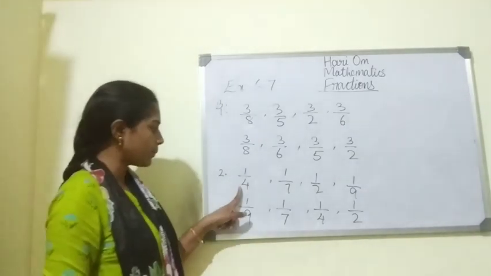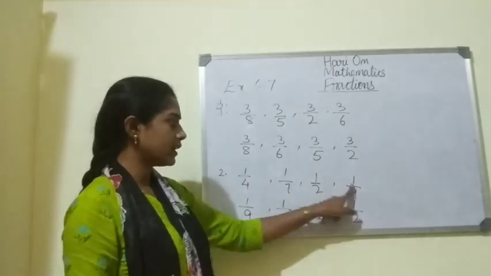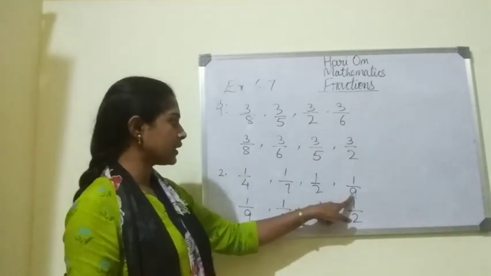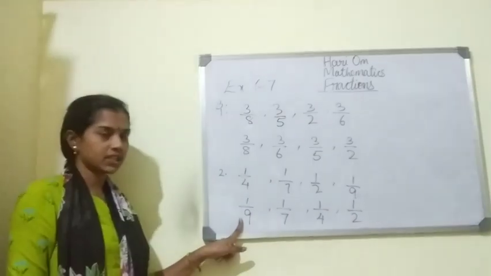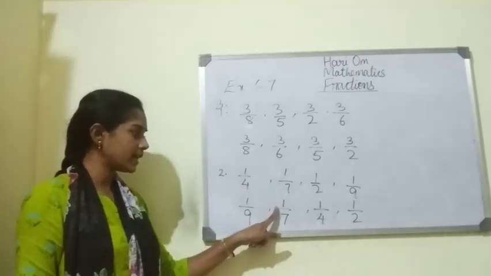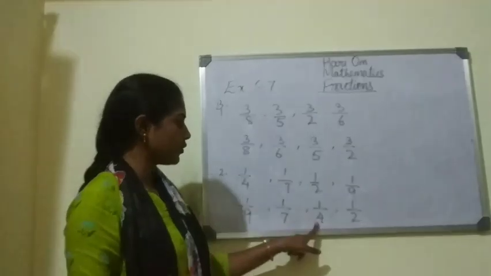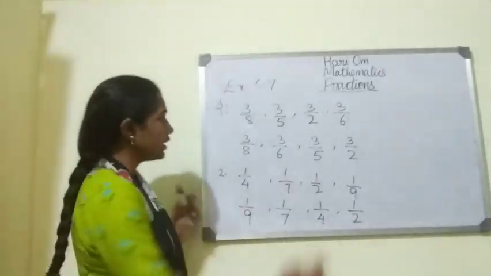Understood, children? So 1 by 4, 1 by 7, 1 by 2, 1 by 9. We have 1 as the numerator in all the fractions, and in denominator 9 is the greatest number. So 1 by 9 is the smallest fraction. Then it is 7. So 1 by 7 is the next smallest fraction. Then 1 by 4 and 1 by 2 is the greatest fraction. Okay. Third one,